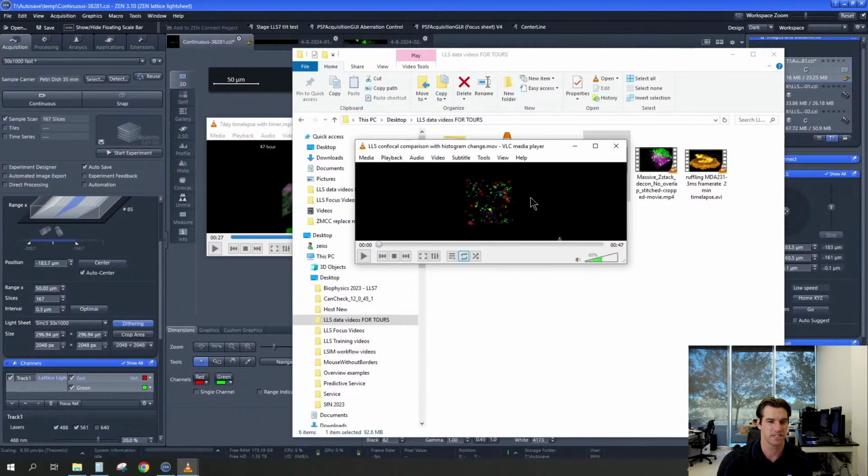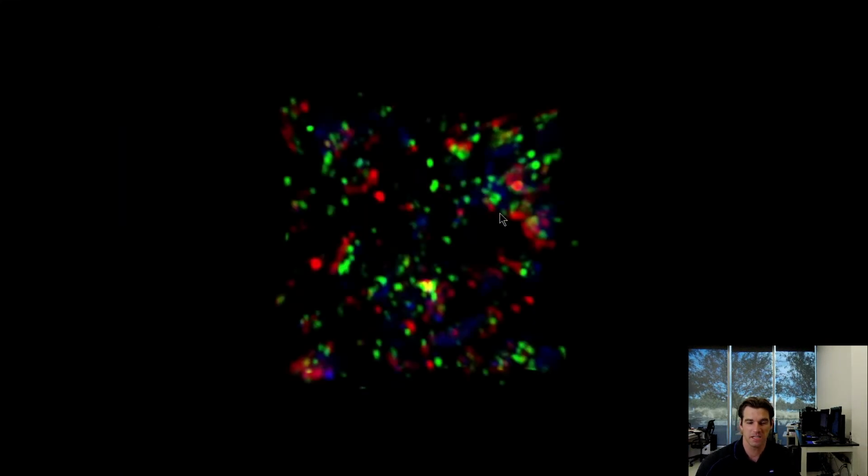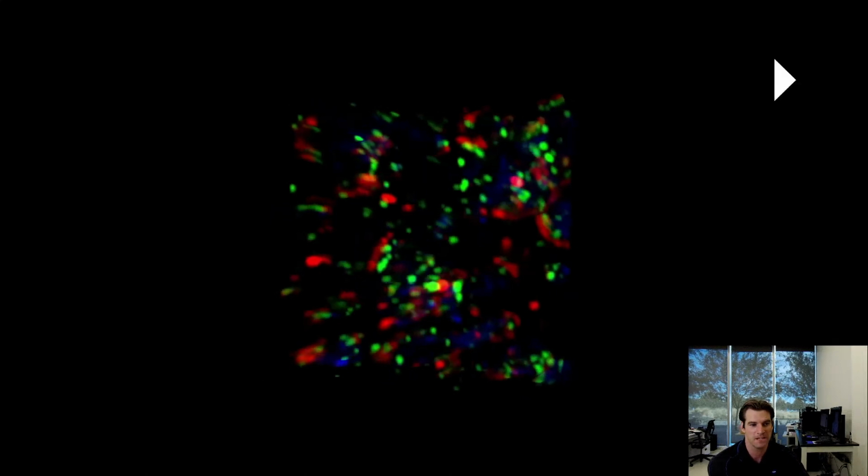So okay, now we're on the desktop, and when we're talking about the lattice light sheet, we usually talk about this in terms of being great for imaging live cells or live embryos. But it's actually really good for tissues as well, particularly with expansion microscopy, and this is an example of that. So this is a data set where the customer had collected this with an inverted microscope,